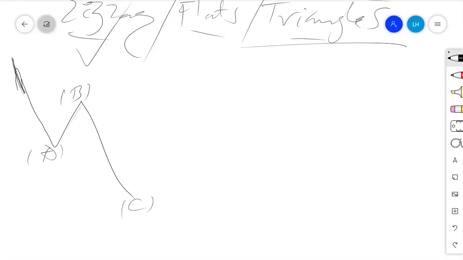And finally, when wave C is building up, it can also build up in a different way. So now exclude this as a zigzag in general. Let's consider it as just a corrective move. You'll find that a corrective move has the ABC. Now stop considering it as a zigzag.